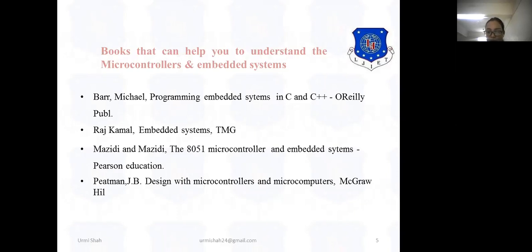So please keep in mind this title, 8051 microcontroller by Mazidi. The rest of the books are also good. You can refer to them according to your requirement. I have listed many books here. Four books are here and the rest are in the next slide. Based on the availability and your knowledge, you can use any of these books. But if you are asking me for a suggestion, then I would recommend the third one, 8051 microcontroller by Mazidi.